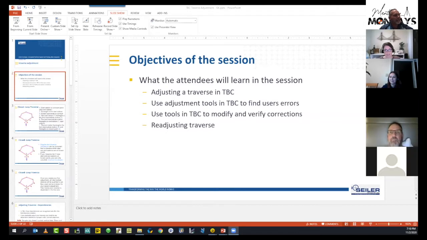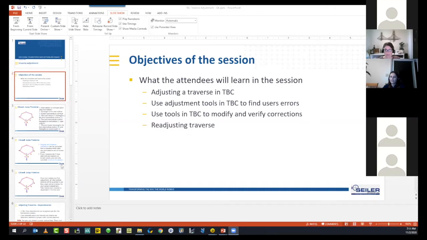And I am so happy that I just have a great chance to have this evening with you. As Trent mentioned, I am from Turkey, and my background is not surveying basically, but I've been working for geospatial site for enough time. And today we will talk about two different sessions actually. The first one is traverse adjustment, and the second one is network adjustment. My prior role tonight is just talking about how we process the data in TBC.